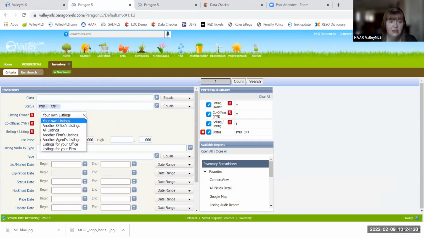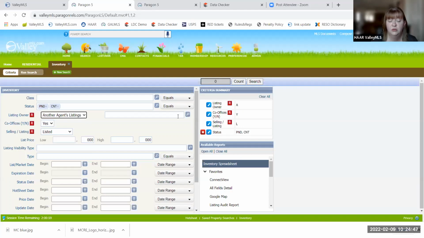If you're at the broker level, or you are a broker, you can change it to my office's listings. You can change it to another agent's listings and choose an agent from your office that you would like to see what they have going on.